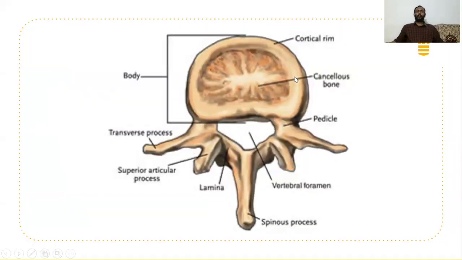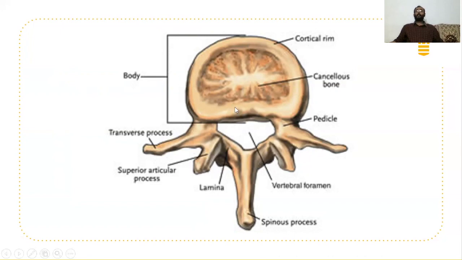This is the axial view of a vertebra, in which you shall be able to see the body of the vertebra. Just posterior to it, you shall see the vertebral canal or spinal canal. You shall see the pedicle, through which the neural foramen passes. Here is the transverse process. Here you shall see the superior articular process, which articulates with the inferior articular process of the vertebra just above, which causes an apophyseal joint, which is posterior to the vertebral complex.